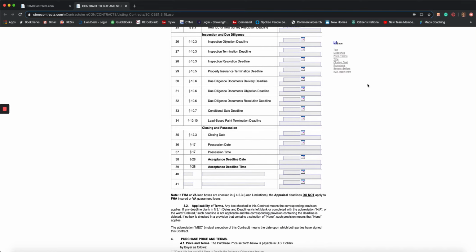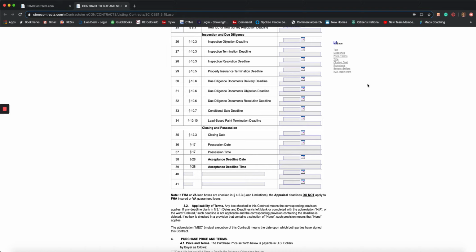Inspection and due diligence. So inspection deadlines. You're going to see that in any given market and any given thought behind how a selling agent or seller operates. Traditionally speaking, we'd be looking at anywhere between a week and a half to 2 weeks for an inspection objection deadline. You will see some sellers challenge some buyer parties to get that done within the first 3 to 4 days. Again, any date and deadline in here that you're not necessarily in full control of, make sure you're talking to your inspectors, make sure you know how far out their lead times are,